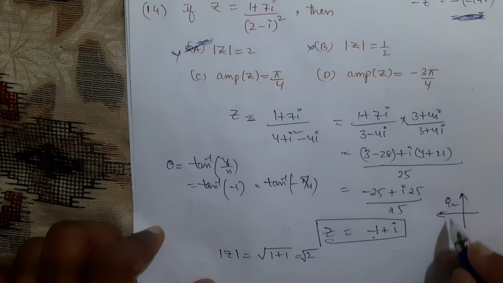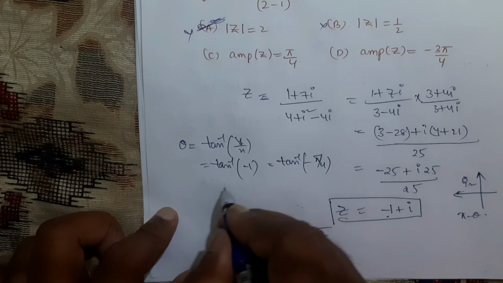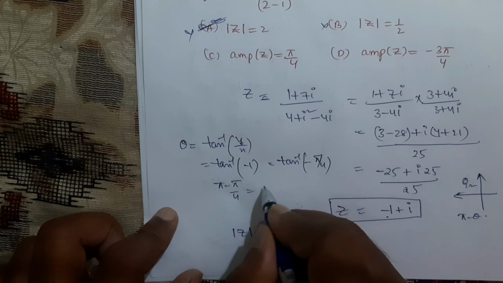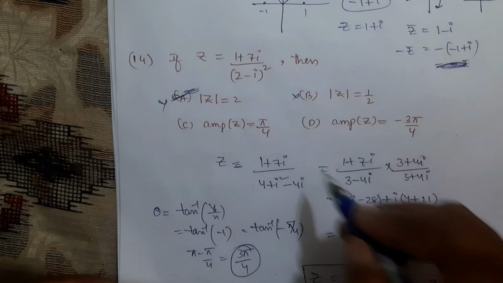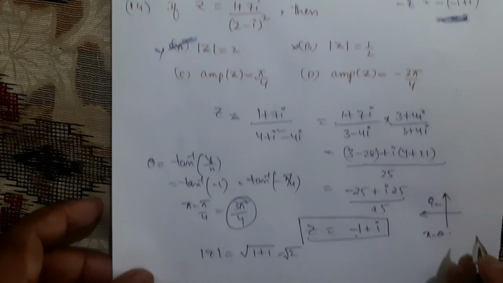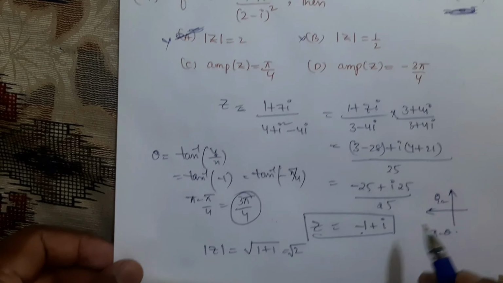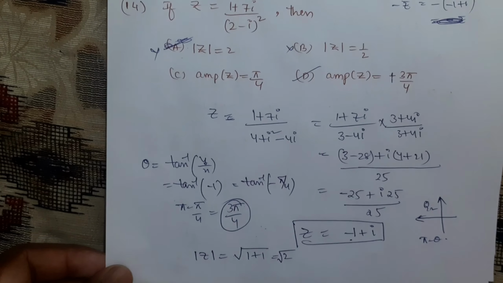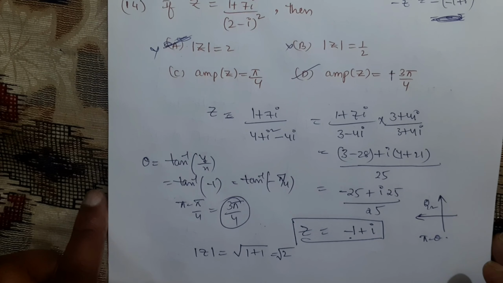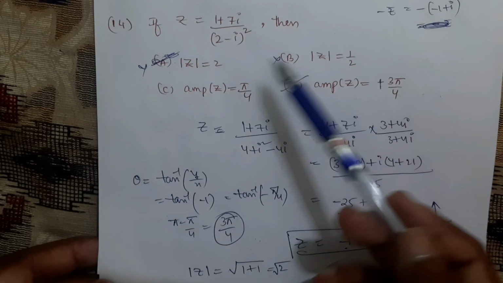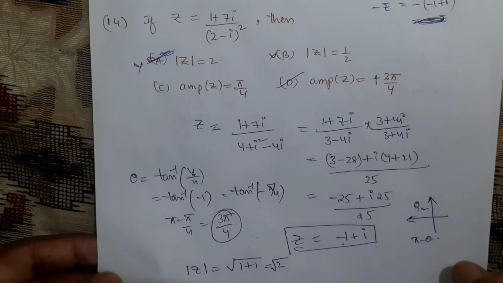Q2 means how we need to take it? We need to take pi minus theta. So here we got pi by 4. So pi minus pi by 4 is equal to 3 pi by 4. Here we got minus pi, so the option given is wrong. Actually it is 3 pi by 4. Why? Because as it is in the second quadrant, we need to do pi minus theta. Pi minus pi by 4, we will get 3 pi by 4. This is how we need to do. First of all, you find the modulus and also the amplitude theta. Based on that, you need to take the options.